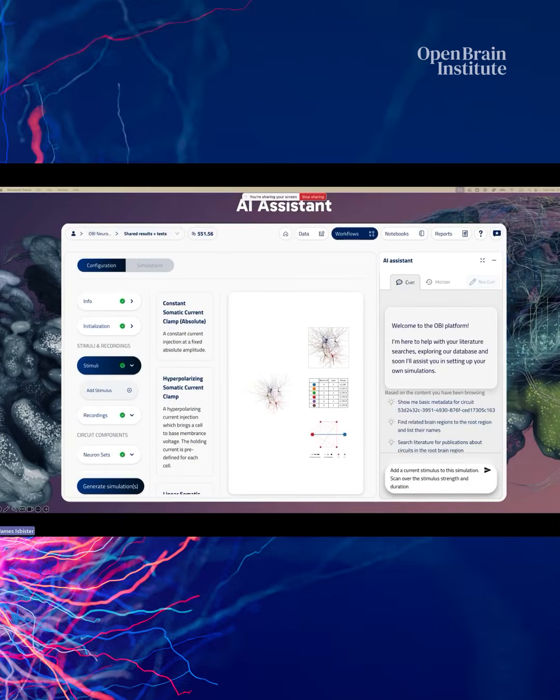And of course, there is an AI assistant which can answer questions about the literature, about our data, and it can also design an experiment for you. So